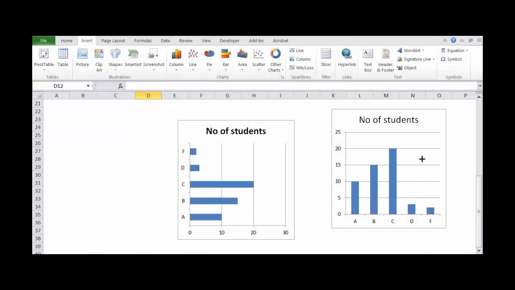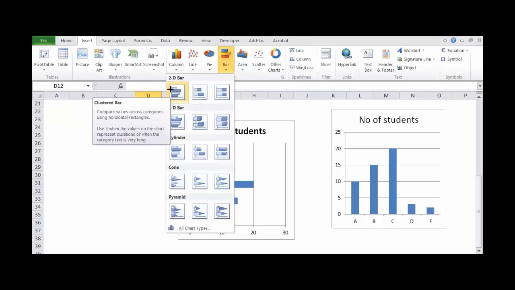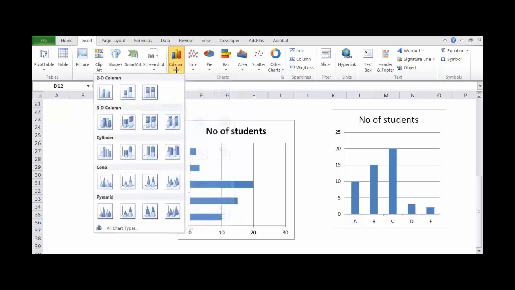So these are typically used when you are comparing, let's say, the bar chart. What it says is, use it when the values on the chart represent duration or when the category text is very long. Okay, this is when you use this bar chart, and the column chart when you use it across values across categories